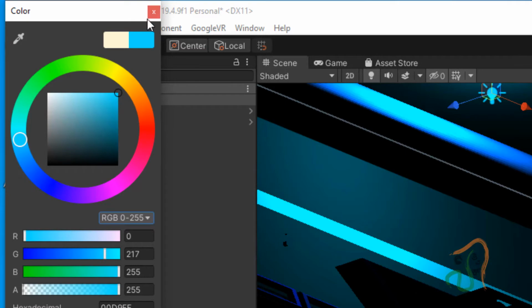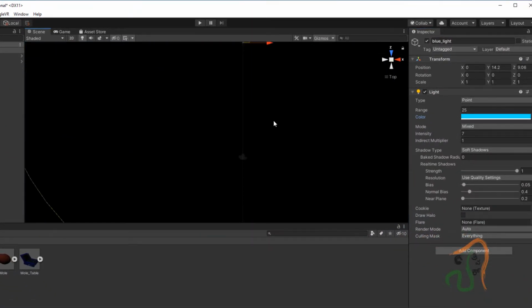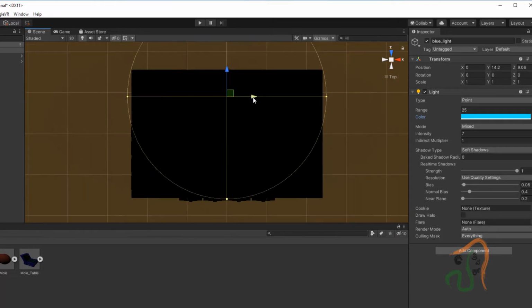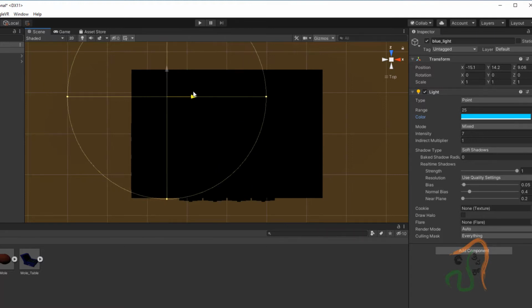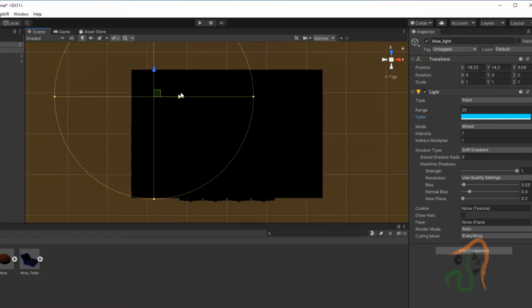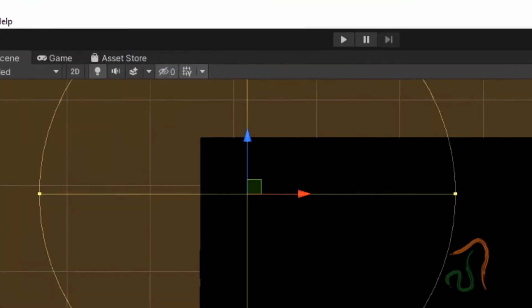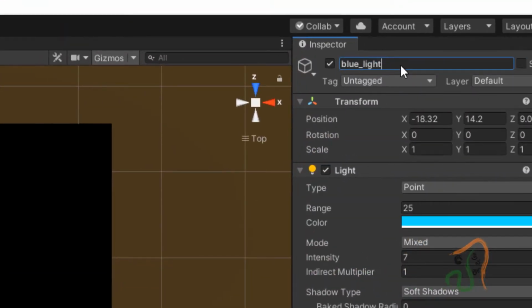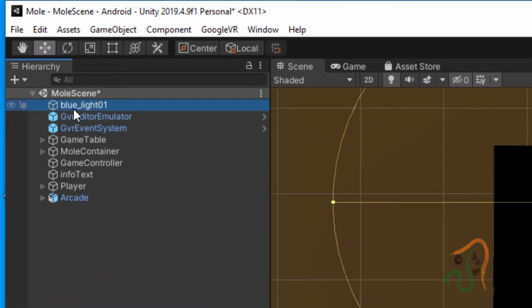Now let us come back to top view here. Let us place this blue light over here at this corner, and with this blue light selected, let us call this blue light 1.